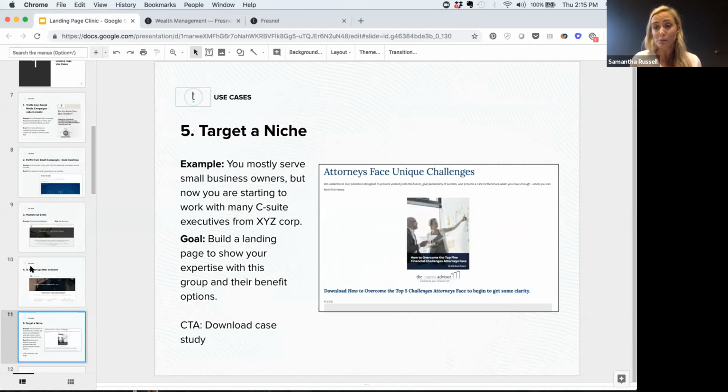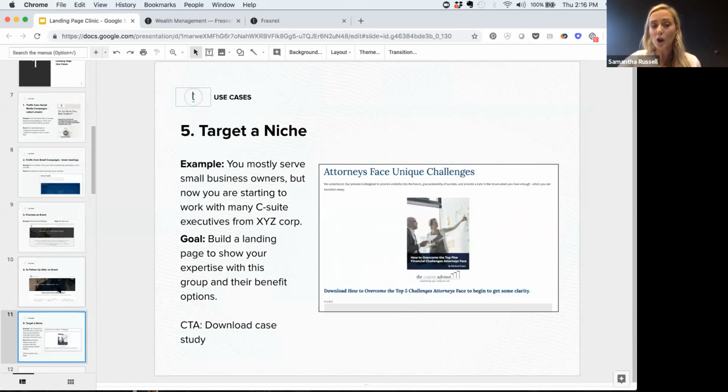Because these pages are so simple to set up, you can create as many as you want of these landing pages. It's a way to have a page that you can email to a prospect that is very hyper targeted to them. Additionally, you can have an offer, like in this example here, where this client is working with attorneys. They have an ebook or white paper specifically for that niche, right? So if, again, they're going to do a Facebook campaign, or an email campaign or a LinkedIn campaign, they can then send all of that traffic to this particular page to sign up.